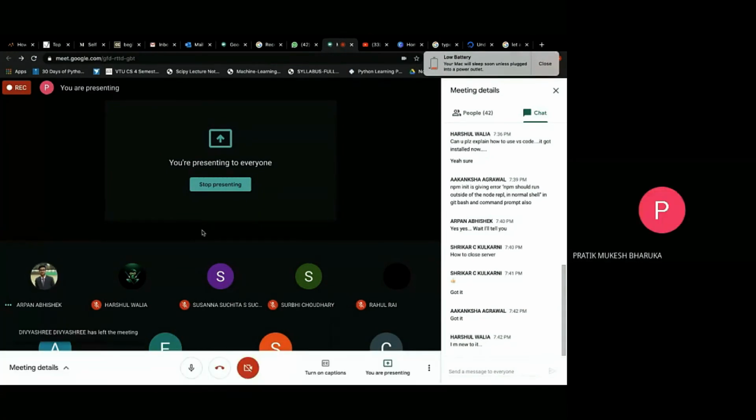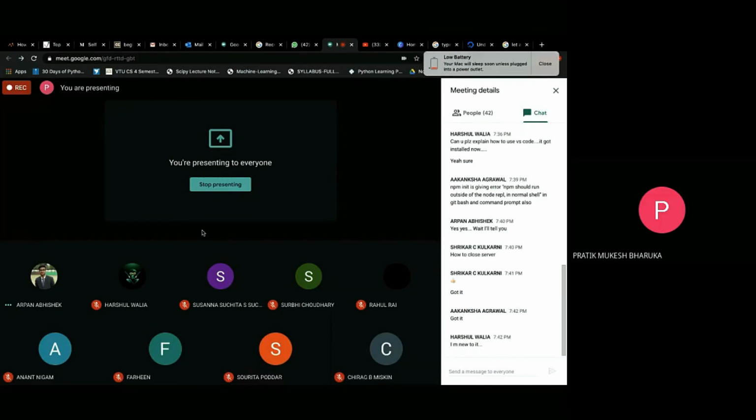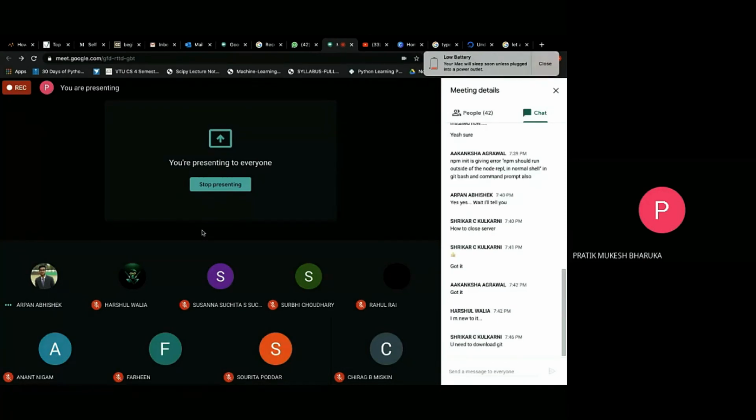So Harshul, the problem is that Arpan is working on Linux, and I'm working on a Mac. The way it works on Linux and Mac is quite different from Windows. Windows has something called PowerShell, and what you need to do is install Git Bash if you don't already have it.